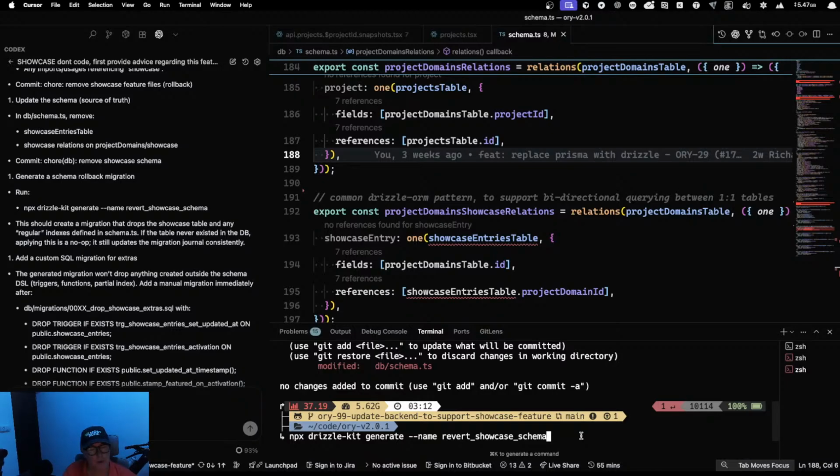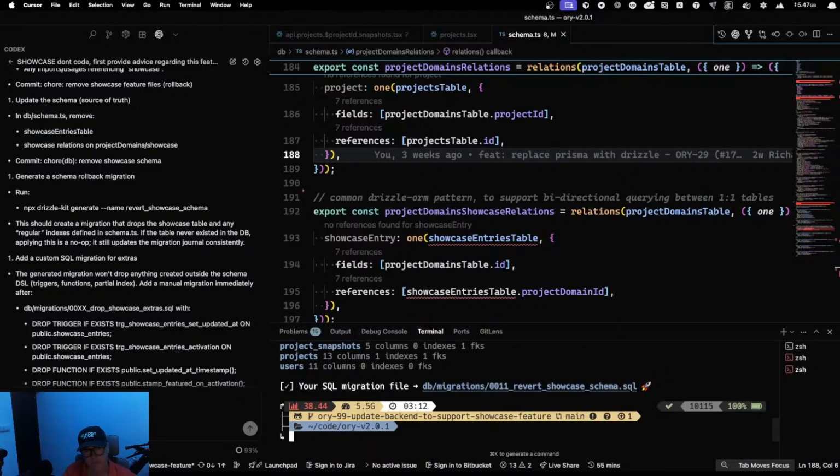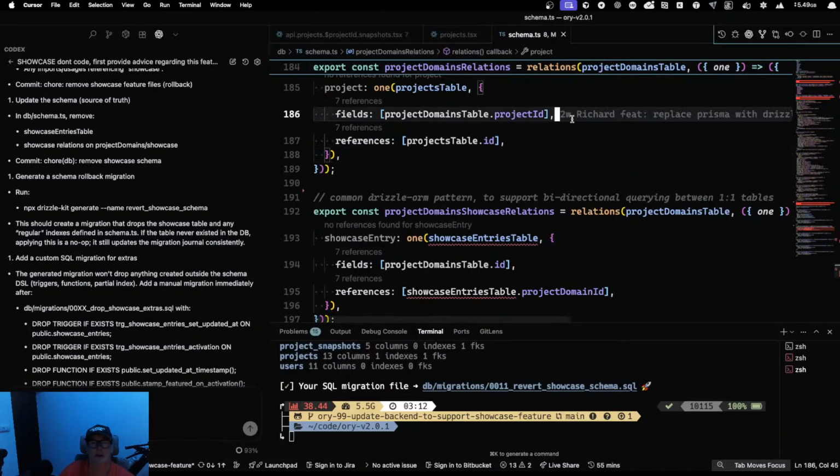So let me just double check that I didn't make any typos on that one. So that's now going to create an automation. It's called a migration file, and when you run it, you can see what it says, revert showcase schema. So what it's done is it's looked at the schema and seen that I deleted some code, and it's now scanned it to see what I changed, and then it's created what you could think of as an automatic file, which will run against the database,